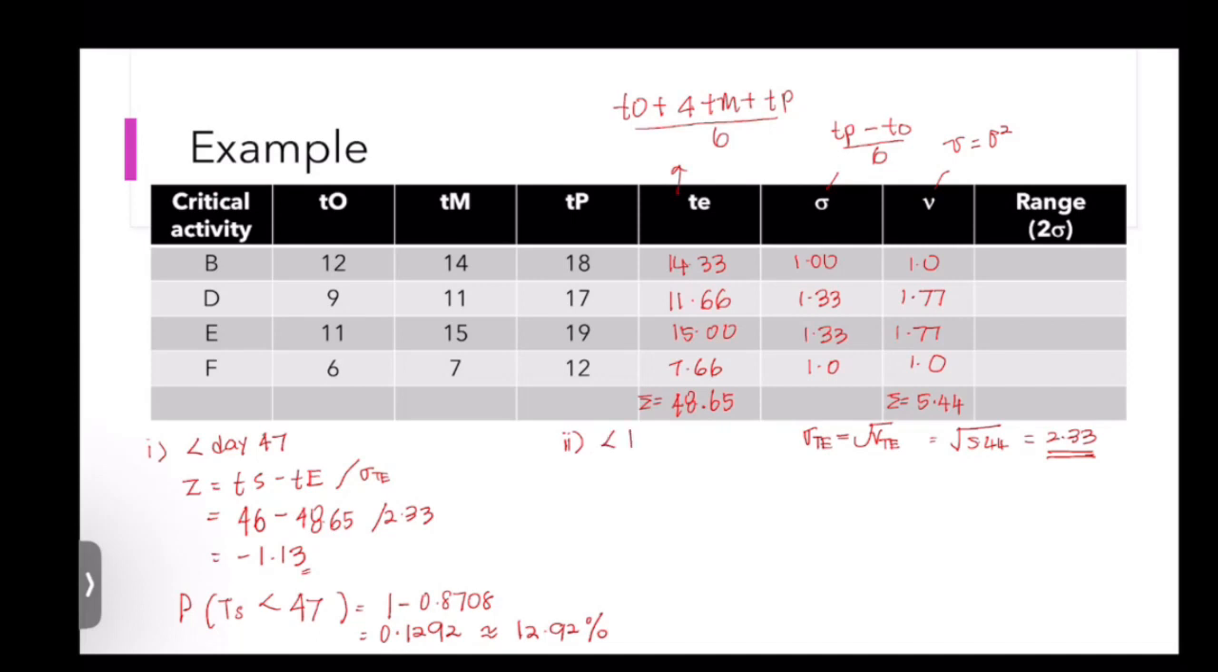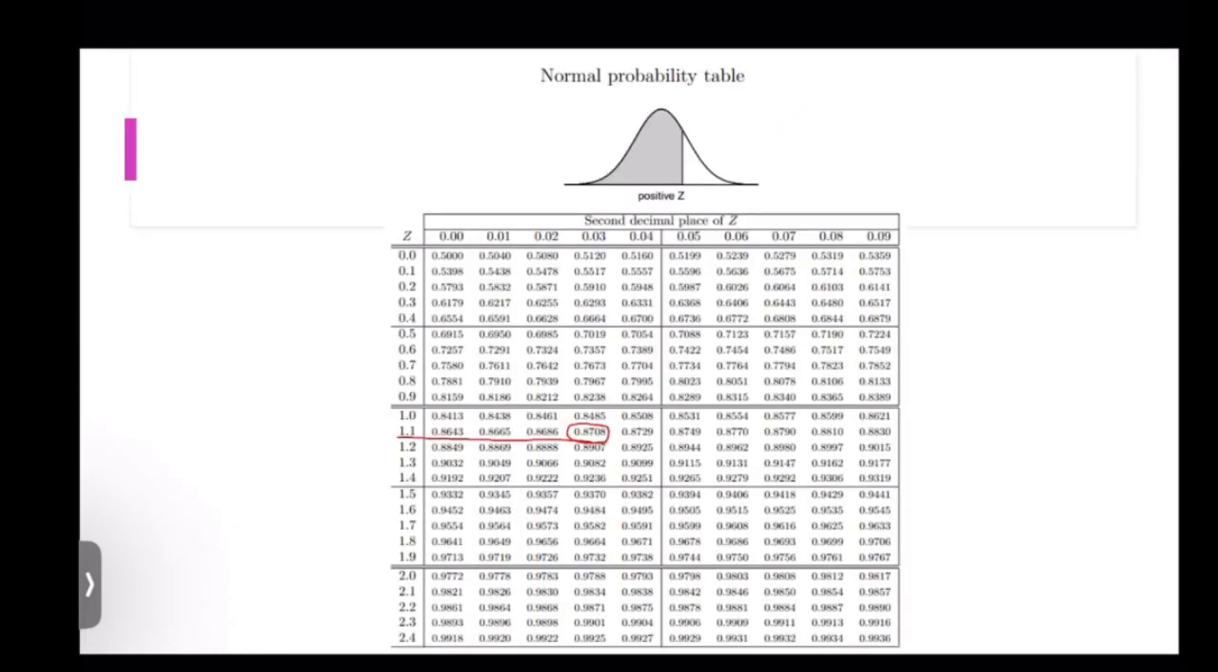Okay, at the end of day 50, which means the day 50 is included. So the Z is TS minus TE divided by sigma TE. So here is 50 minus 48.65 divided by 2.33. You will get 0.58. So by referring to the probability table,